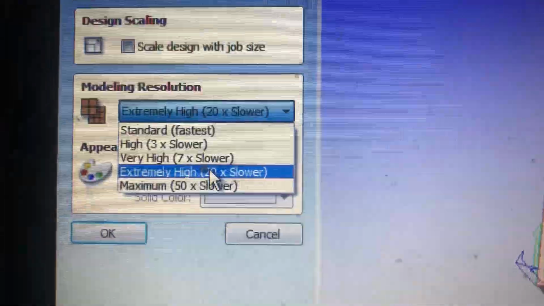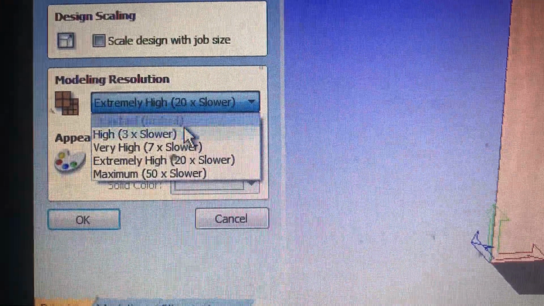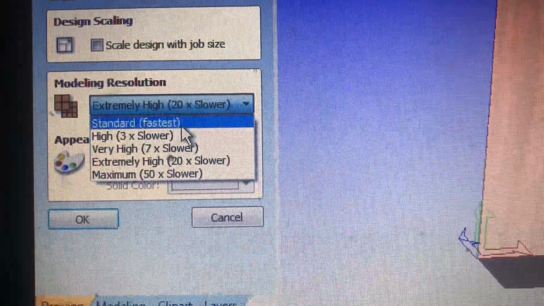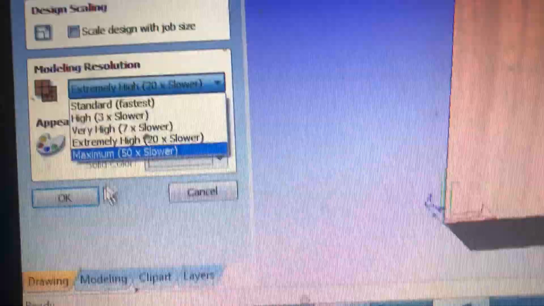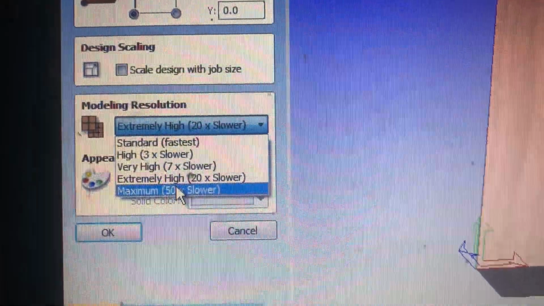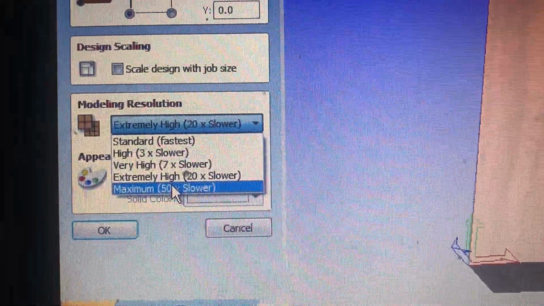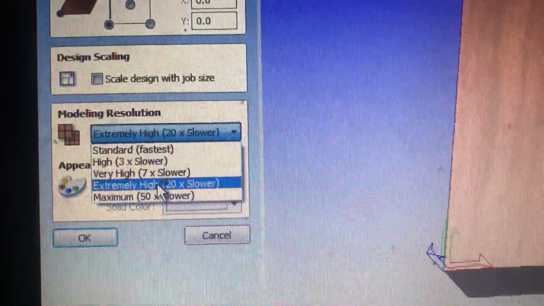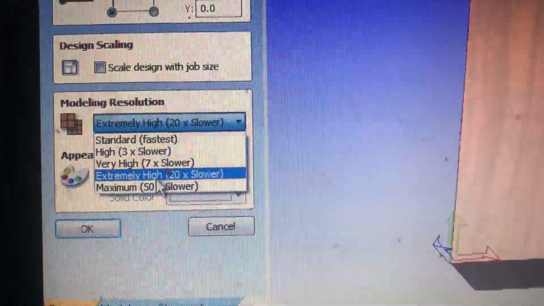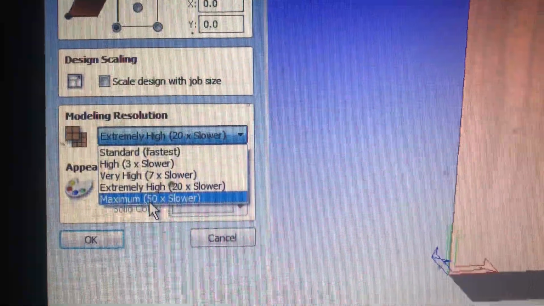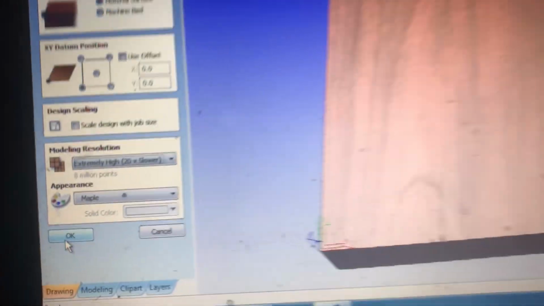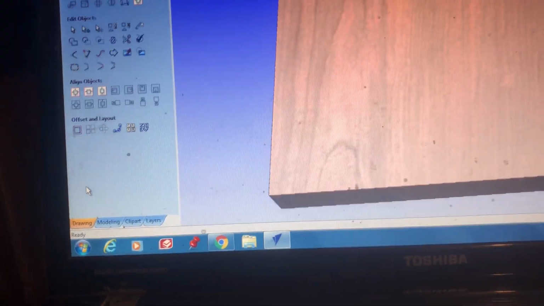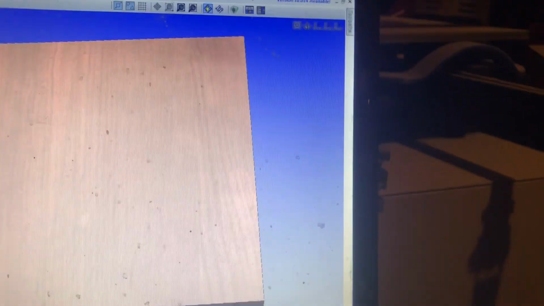I usually run mine on extremely high. They're not there. They're only the first three if you don't hold the shift key when you do that. So I use that one. This one takes an extremely long time to even generate the G code. It's even better than the times 20, obviously, but I don't really feel like I need to use that one. You can. Anyways, another thing I wanted to show you is when you're looking at your preview,